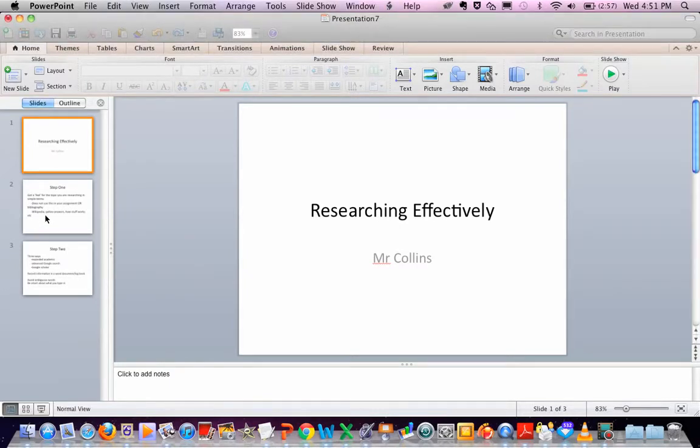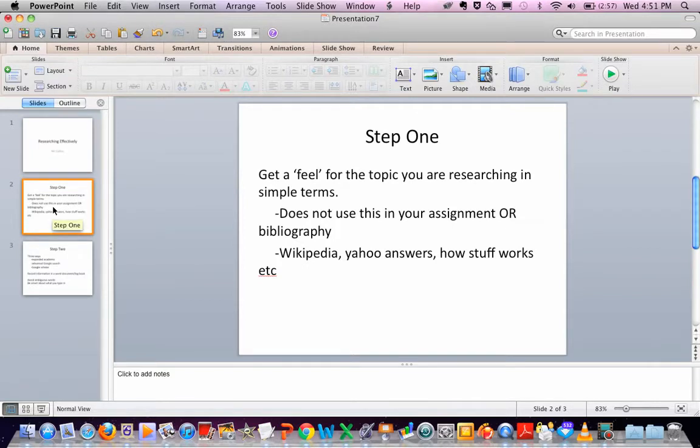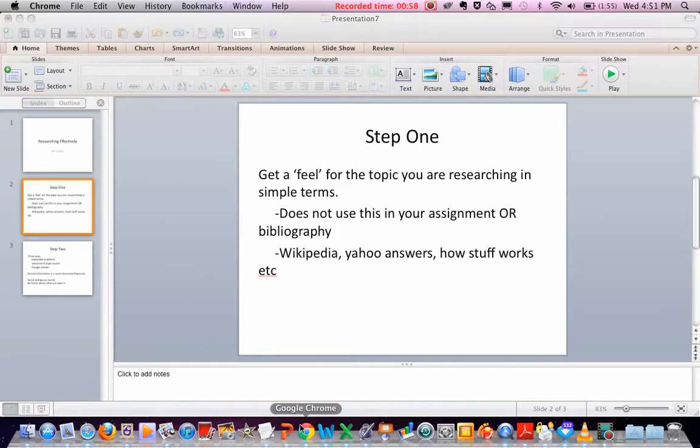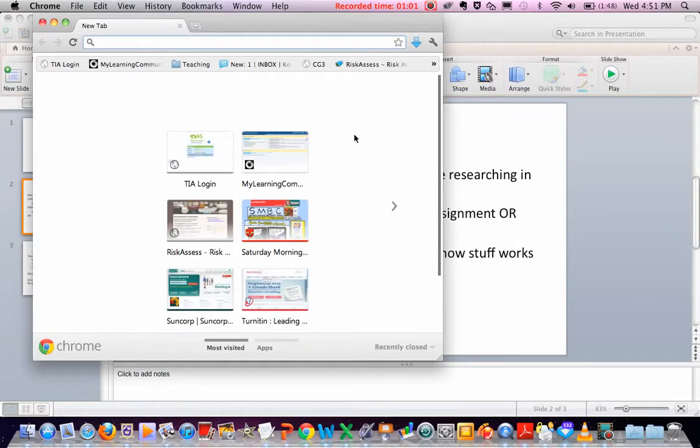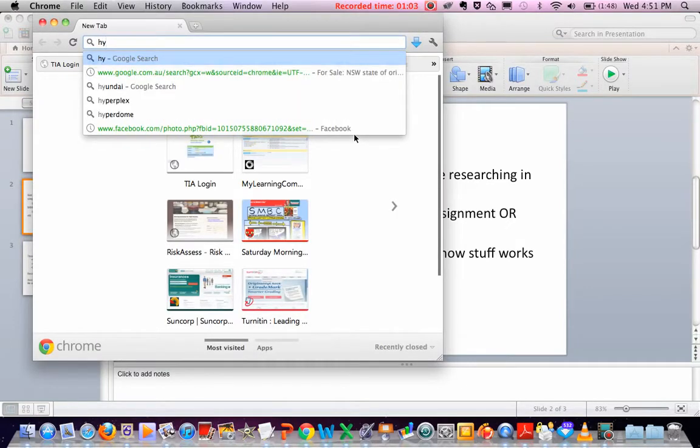Well, there's two steps to doing it. And I guess the first step is to get a feel for the topic you're researching. You want to understand it in simple terms. You've got to know what you're researching. And this is not for putting in your bibliography or actually making an in-text reference. This is just for getting an understanding for yourself. So you can use Wikipedia, Yahoo Answers, How Stuff Works, websites which do it in very simple language, aren't necessarily authored by leaders in the field, but something that will help you get a general understanding. So let's pretend we're looking at hydrogen cars,